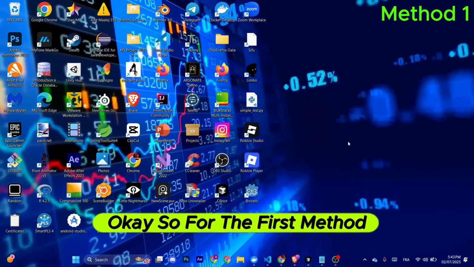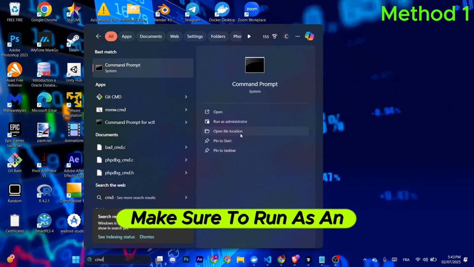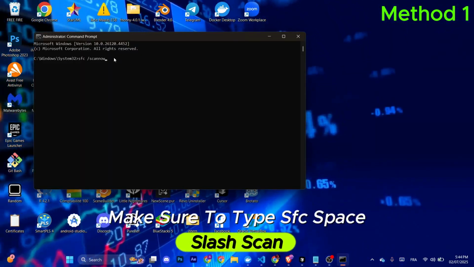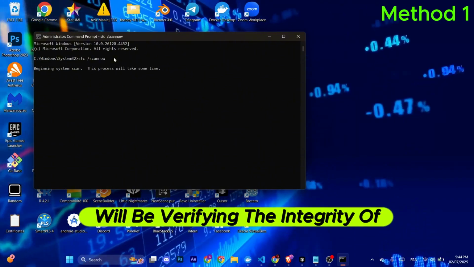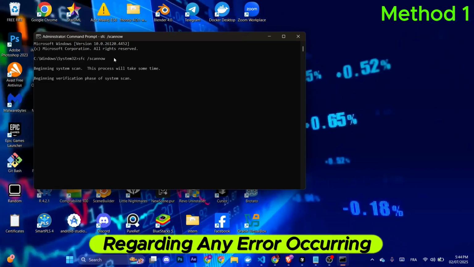Okay, so for the first method, go to the search bar in the starting menu. To that, type cmd. Make sure to run it as an administrator. Make sure to type sfc space /scannow. Click enter, and this will be verifying the integrity of the system files and will resolve any issue regarding any